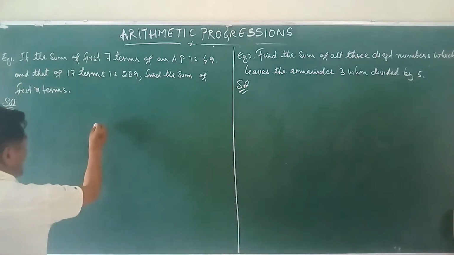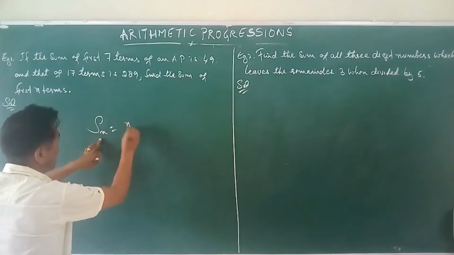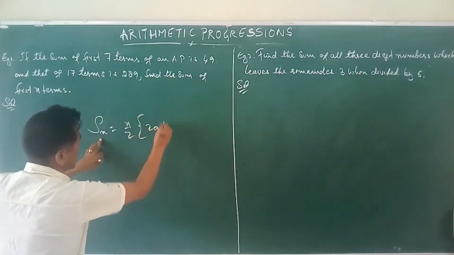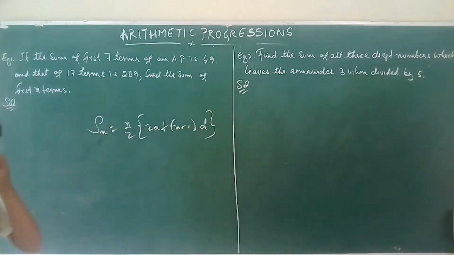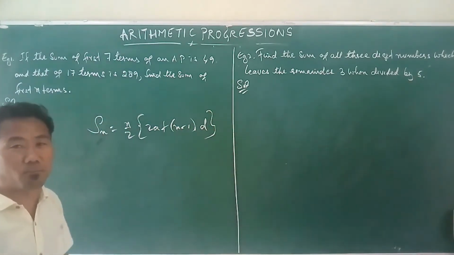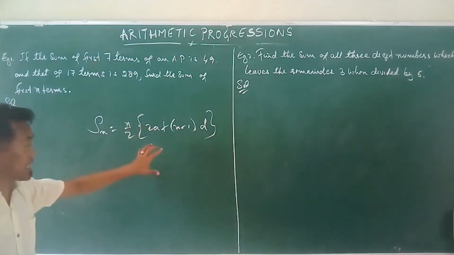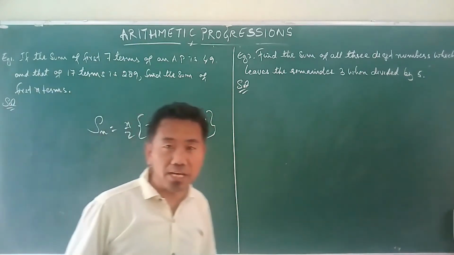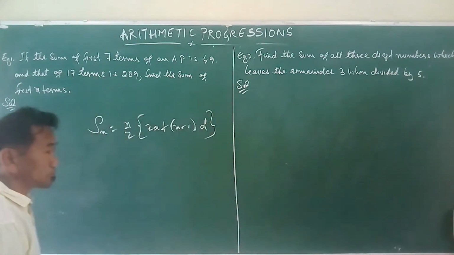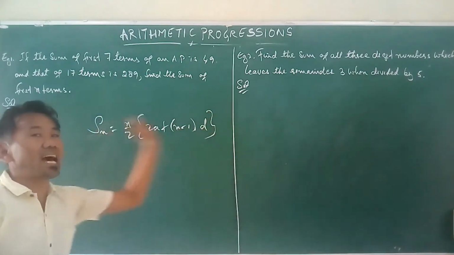So the first important formula is Sn, which is n by 2, 2a plus n minus 1 d. This is the actual formula for finding the sum of the first n terms of an AP. And sometimes, instead of this, if we know the last term,